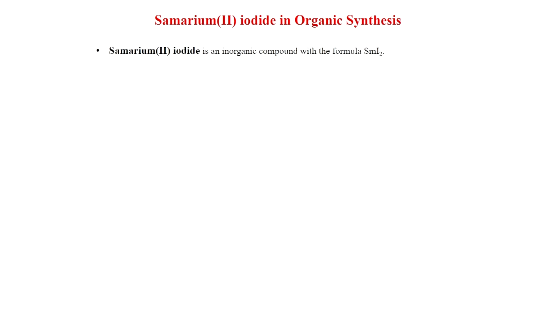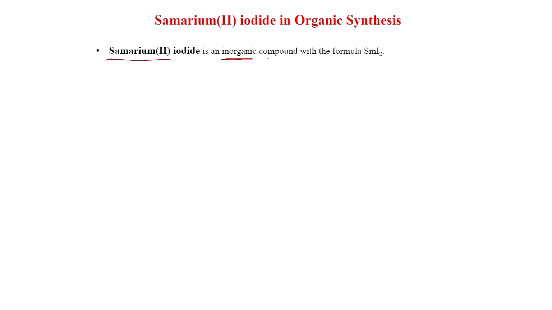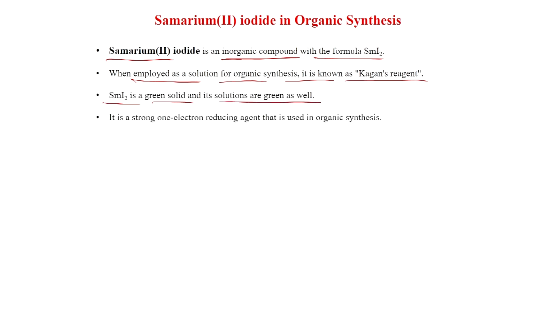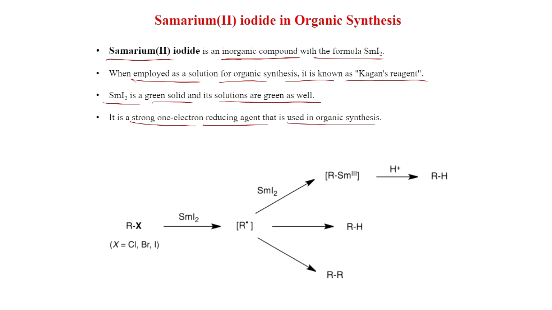So, samarium iodide is a useful reagent in organic synthesis and many transformations have been carried out with samarium iodide. Samarium iodide is an inorganic compound with the formula SmI2. When employed as a solution for organic synthesis, it is known as Kagan's reagent, and SmI2 is a green solid and its solutions are green as well. It is a strong one electron reducing agent that is used in organic synthesis, and this is a general reaction with halides,